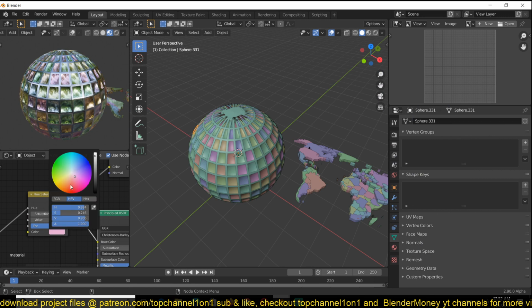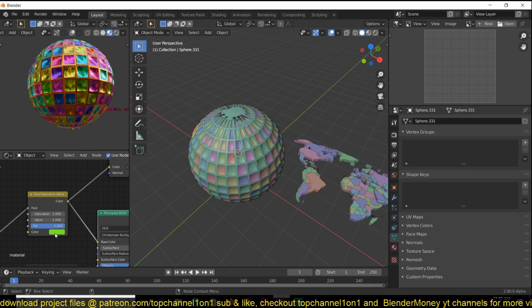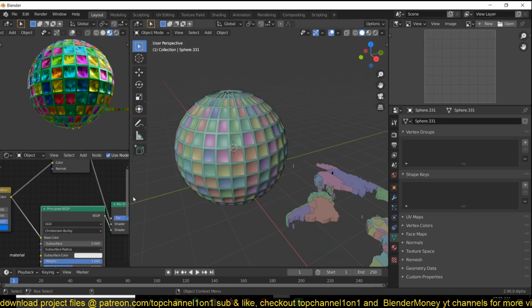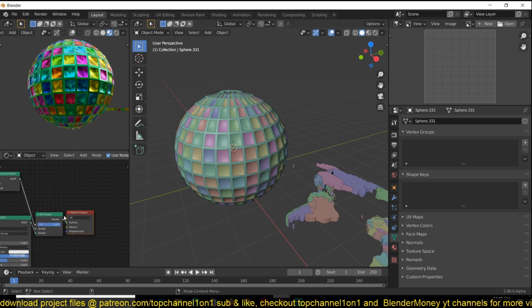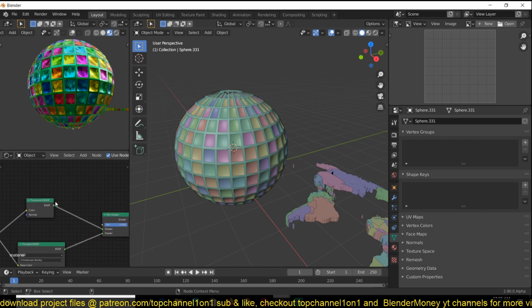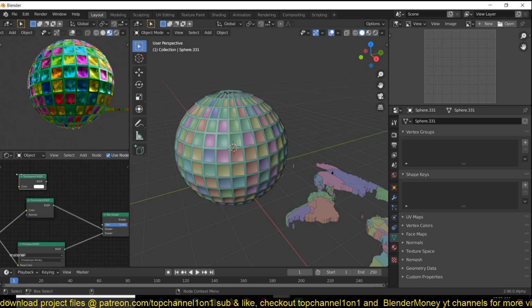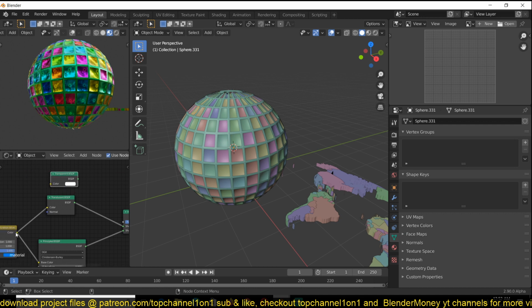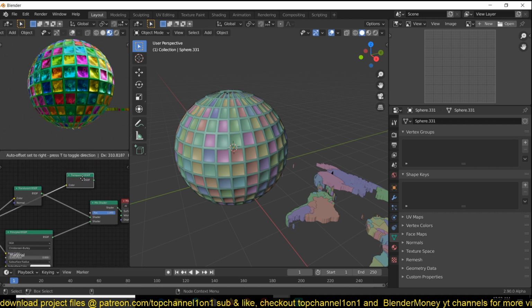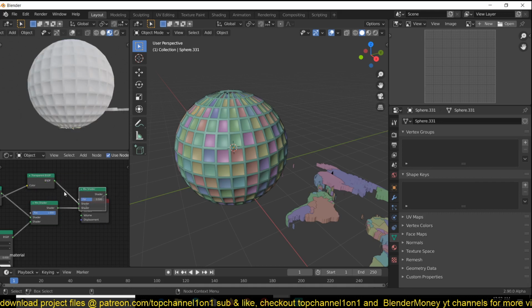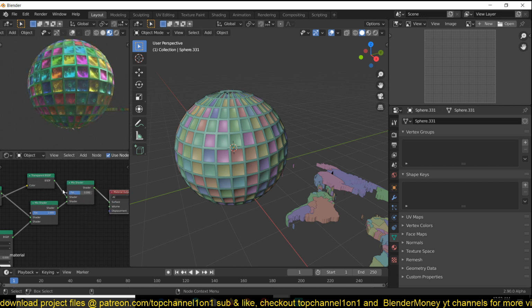I think we have just stumbled on something nice, this can pass for a disco ball, I think. Now if we blend this further with a transparency shader, we can still use this and just blend this here. I'm just using Ctrl Shift and then right click drag to mix those nodes, if you're not sure.